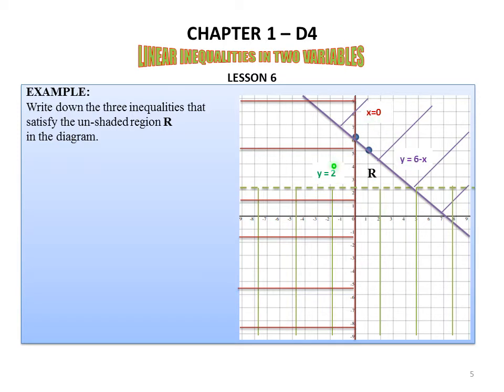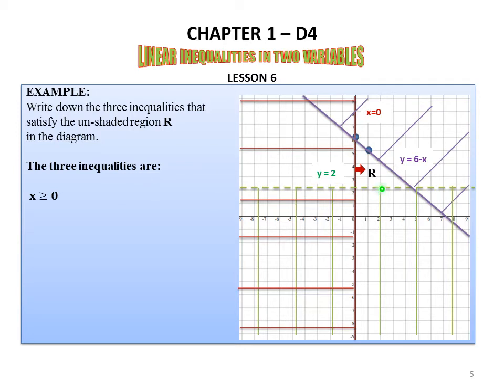Equations of the lines are also given. You simply need to replace the sign of equality with a sign of inequality. If we look at this line, the shape of the line is solid. It means we will replace this sign of equality with greater than or equal to or less than or equal to, depending upon the defined region. Because the defined region is on the right hand side of this line, this equality sign will be replaced by greater than or equal to sign, and its inequality is this.